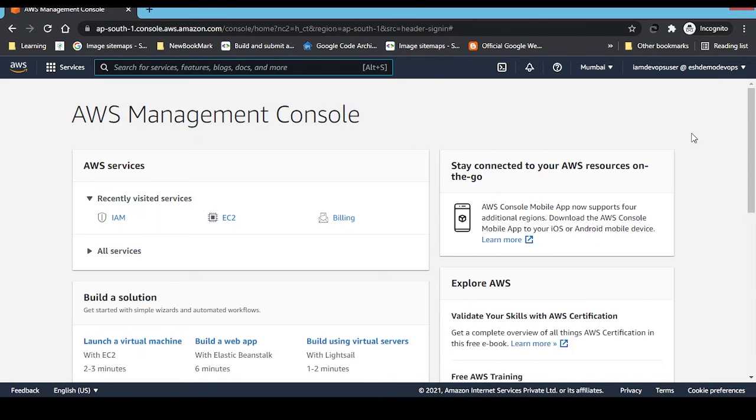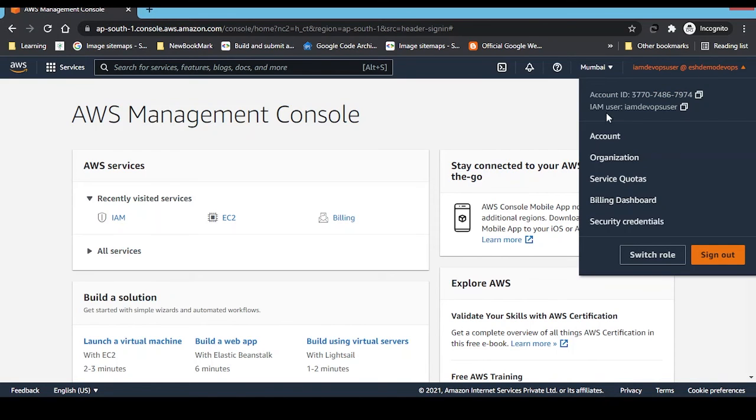How will you differentiate it in the AWS Management Console? If I click this one, this is the account ID belonging to the root user, and currently I'm logged in with this IAM DevOps user. If you see IAM user colon IAM DevOps user, it means you have logged in with your IAM credentials, and this is the account ID, which is your administrator account. It will be reflected here.